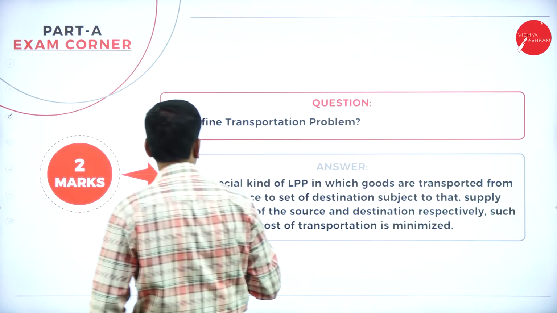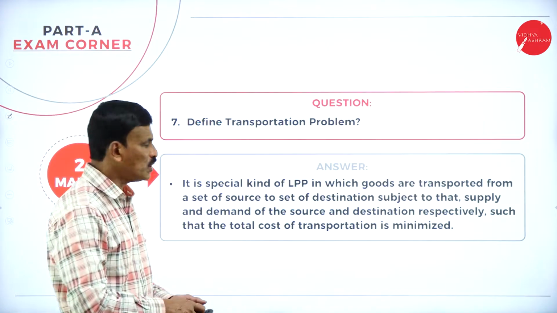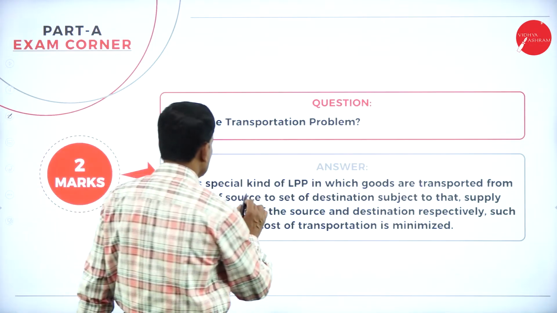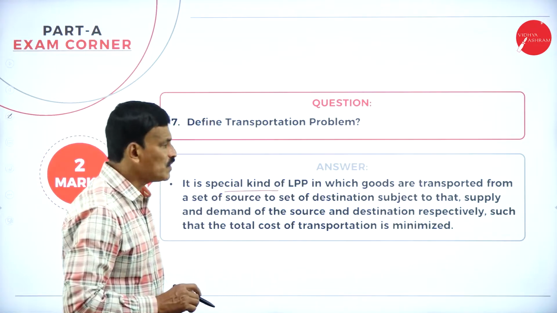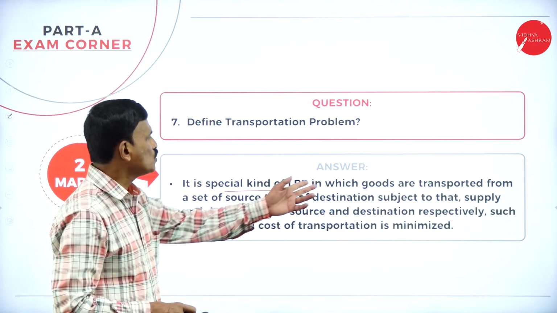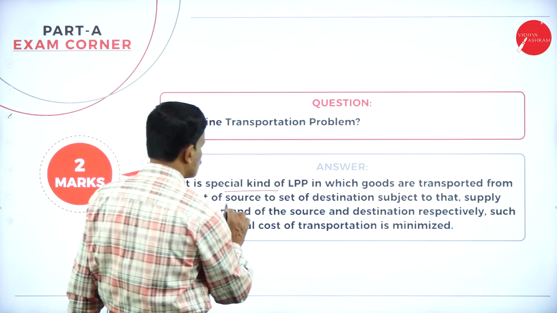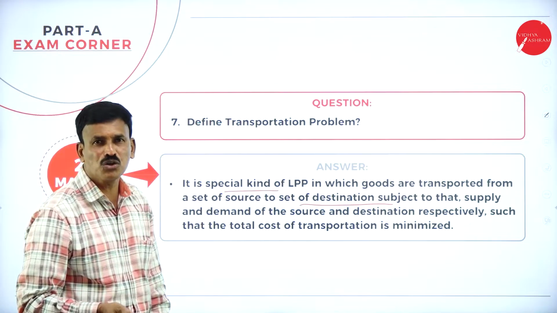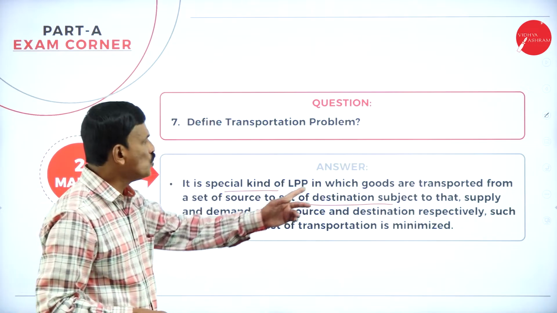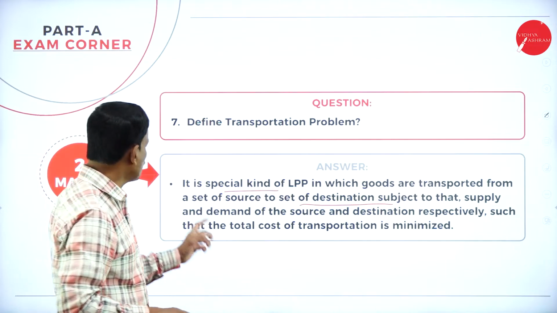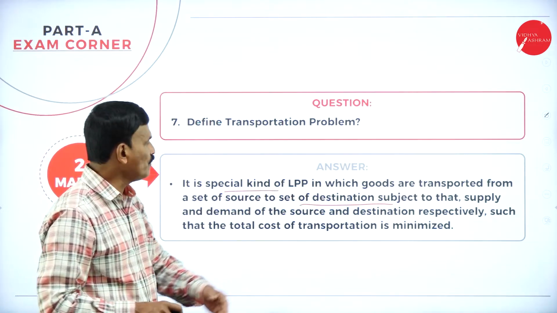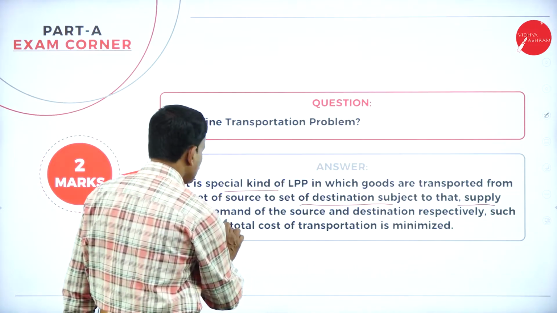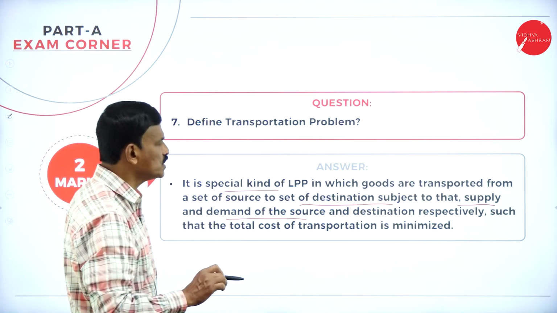Define the transportation problem. So, what is a transportation problem? It is nothing but a special kind of linear programming problem in which goods are transferred from a set of sources to a set of destinations, subjected to the supply and the demand of the sources and the destinations respectively,